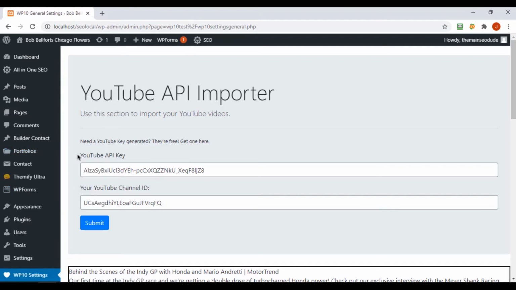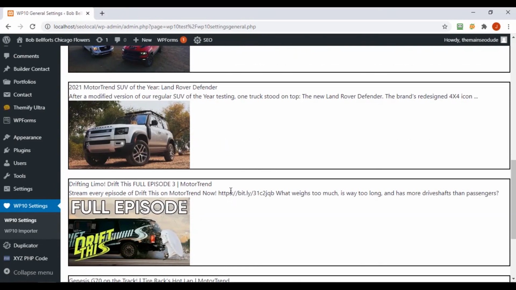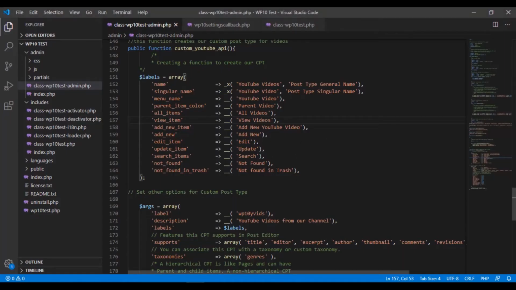There are so many plugins that use custom post types, and it just adds its own page to the side where you can add new. In this case, we're not going to do that. We're actually going to add these programmatically to our database and then call them later. So that's not going to really apply to us. But I just went ahead and put all this information in so you could see how it goes about it,